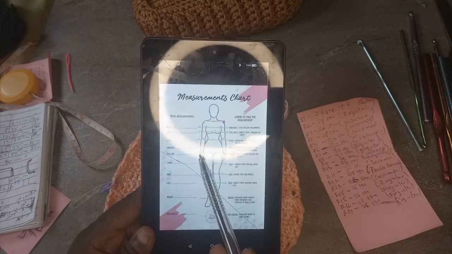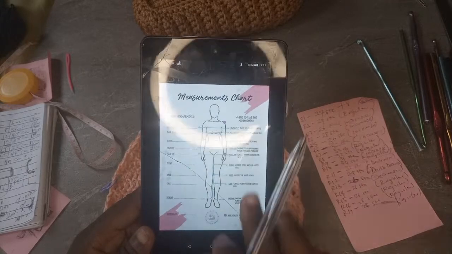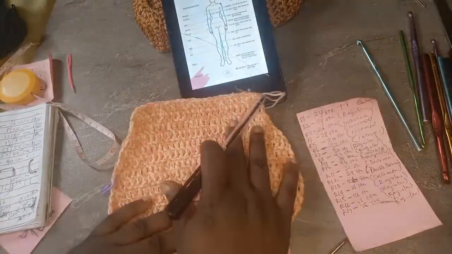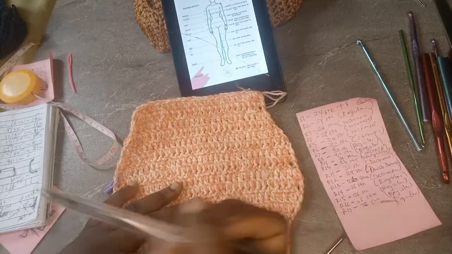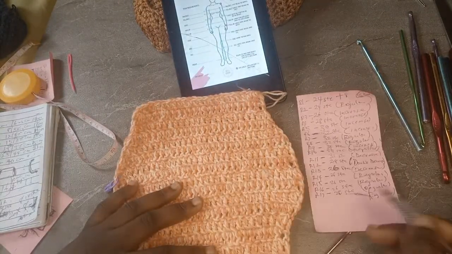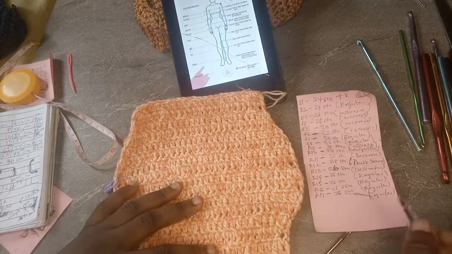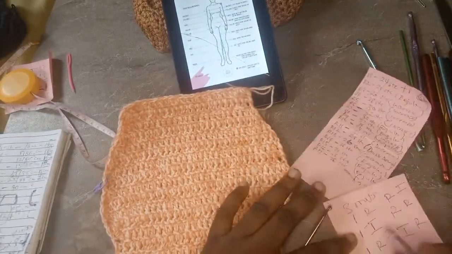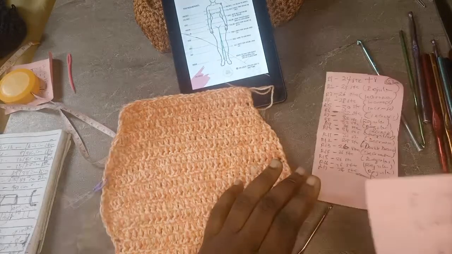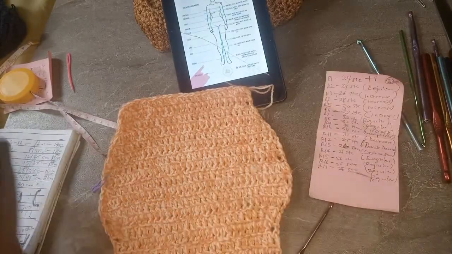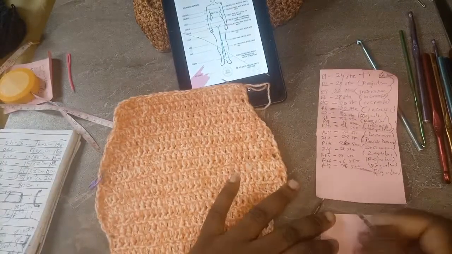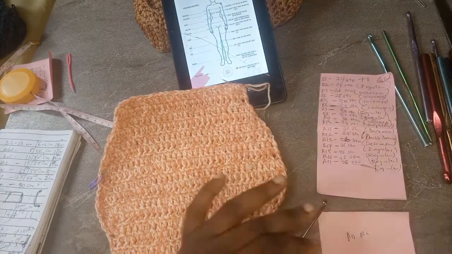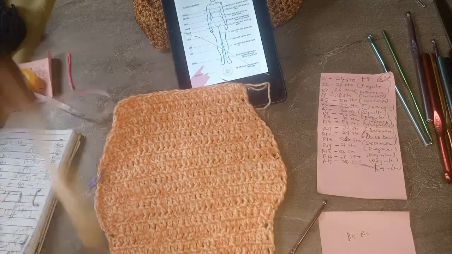We are going from here to here. All right, so we have 6 centimeters. So I'm going to eradicate one. Okay, so we have, let's say, 10 stitches down, so we need 10 stitches to increase. So we want to check how many rows we are going to be increasing for. Let me get another paper. So at this point we have 10 stitches that we are going to be needing. Okay, so let's check how many rows for 6 centimeters.